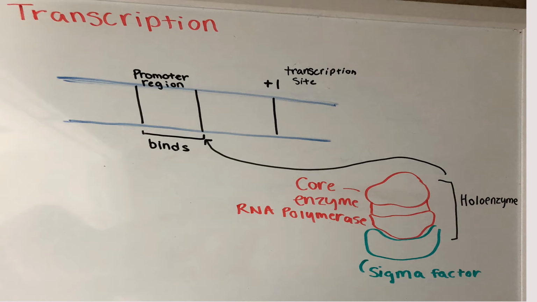First, in the initiation step, the DNA molecule unwinds and separates to form a bubble. To do this, a sigma factor causes RNA polymerase to change from a core enzyme to a holoenzyme so that transcription can occur. RNA polymerase then binds to the promoter region, which is the -10 box, the -35 box, and the +1 region, as seen in the diagram.